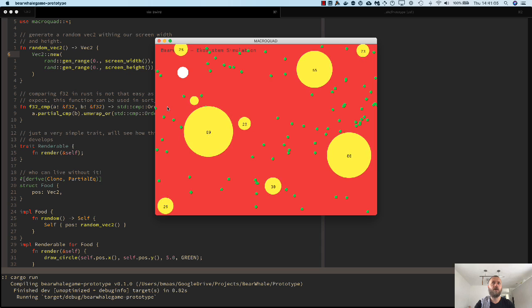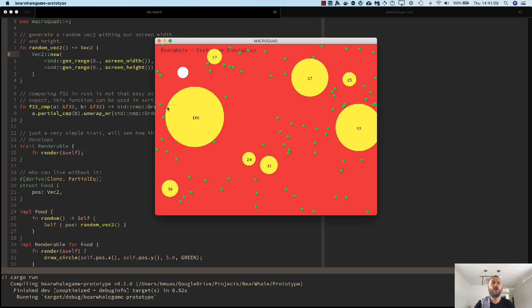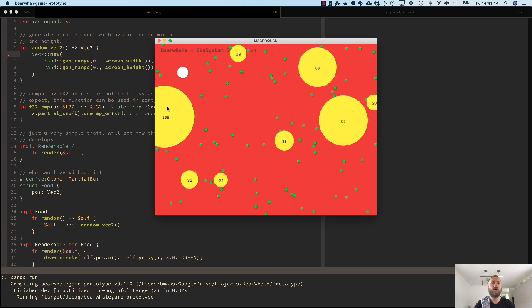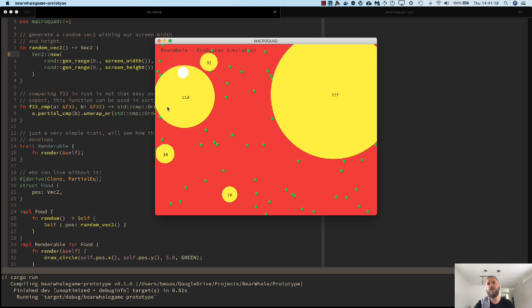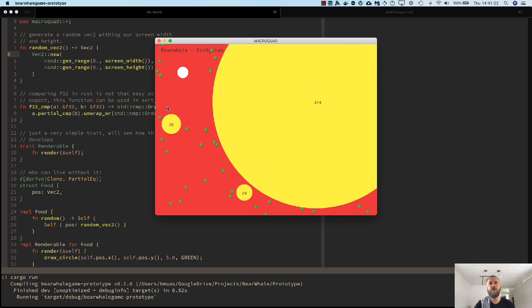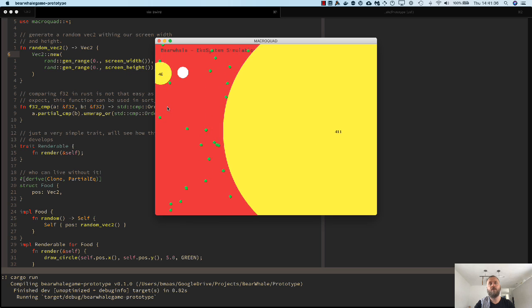move towards each other and start eating each other, right? So as you can see here, the part that has 88 swallows everything up, and the 37 swallows everything up too. This is a way that in the end there's only going to be one left, right? So this big thing is going to swallow everything, and it's going to be